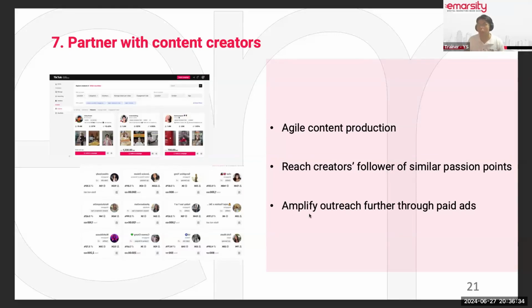You can also further your outreach through paid ads. What we have found is that some of the content creators we work with produce very good content, so we then utilize that content to run paid ads. Maybe in-house you don't have content creation capabilities. So you work with a content creator, you sponsor them with your product or service, they create the content, and you ask them, is it okay if I use your content and run paid ads? Of course, I'll credit it to you. I'll run it as a partnership ad. It's a win-win situation where they get more exposure for themselves and you get their content to run ads on.